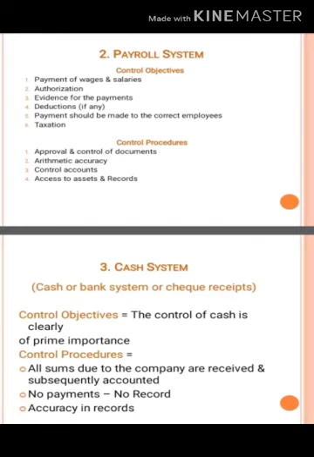So the first one is the employee should sign for the wage sheet. Before that, the wages preparer signs, and the person who verifies the wage sheet will sign that particular document. Whenever the employee is receiving the wages for the work done by him, he has to sign, and that will be an authorized proof that the employee has received the salary or the wages. Secondly, no employee should be allowed to take the wages of another employee. You can't take another employee's wages for yourself, or on the basis of adjustment nature also you can't take someone's